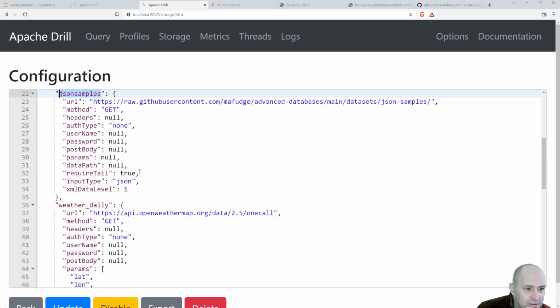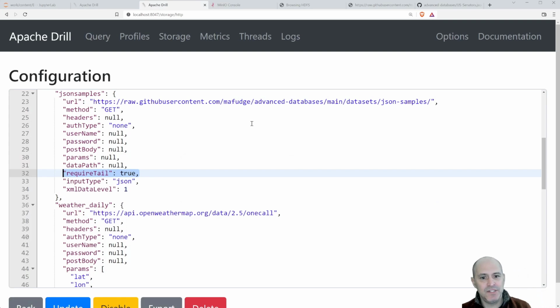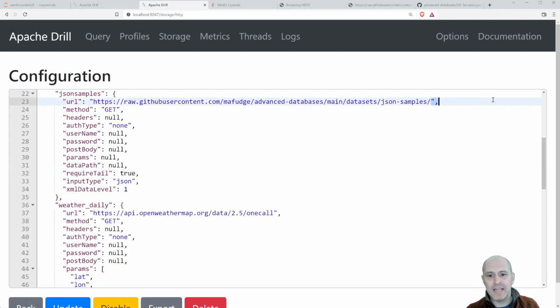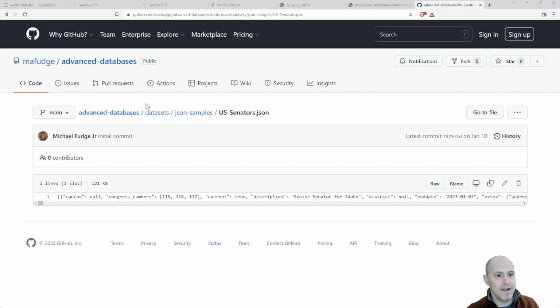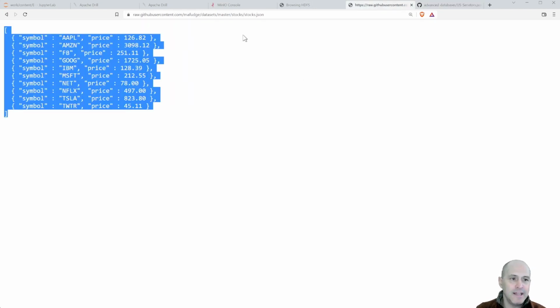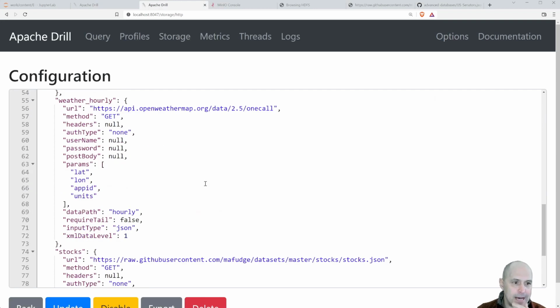Okay. So that is the require tail feature here. Require tail. And that permits me to add file names or path names at the end of this URL. And I can say select star from HTTP JSON samples and then finish off the URL to get to the actual file. Senators JSON in this case. Let's do another example. So let's kick it up another notch. Here's the next example I want to use. Here's a simple API